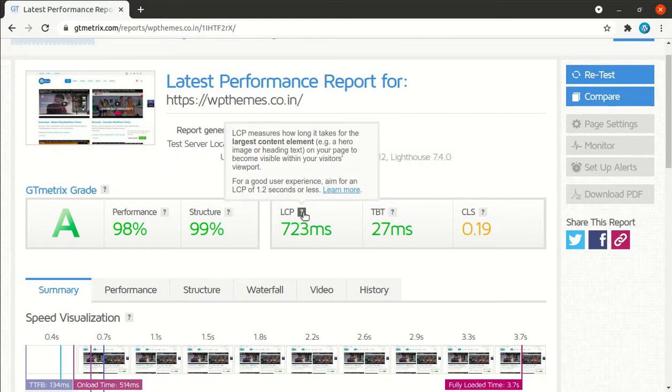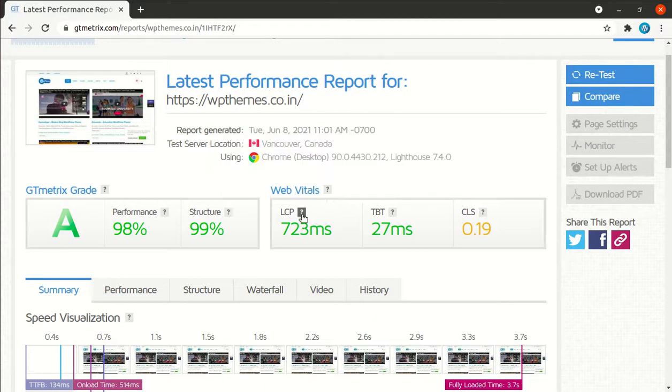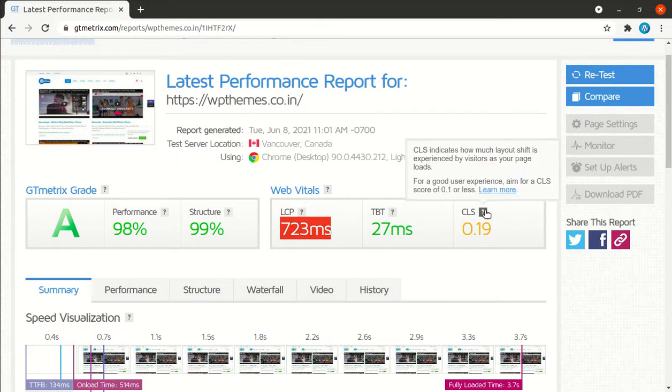If we talk about the LCP of this website, it is recommended that it should be less than 1.2 seconds. However, it got just 723 milliseconds. CLS is a bit higher, but it is also in the optimal range, so it is not a worry for this website at least.